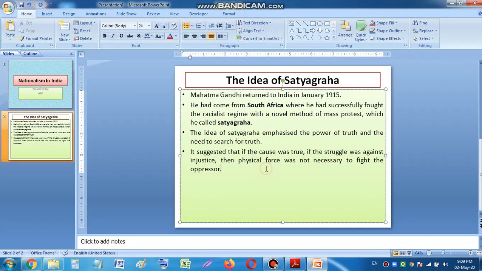Okay. Now suppose you want to add a particular link from here, a Mahatma Gandhi photo. You want to show the children an image of Mahatma Gandhi, which is not available in the book, or it is not given, suppose. So you have to download it. So I am clicking on Mahatma Gandhi and selecting it bold. Okay. Now I am going to Google.